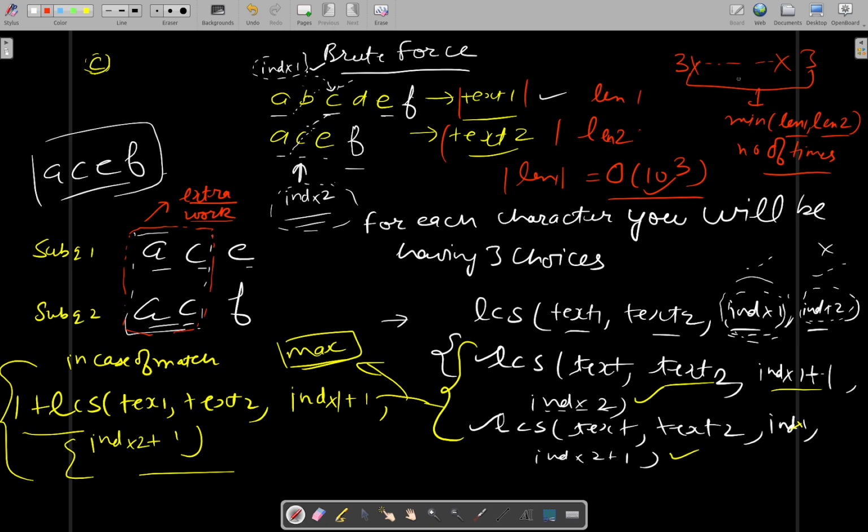Then how many number of times we should be running this particular recursive solution? It will be order of 3 raised to power of minimum of len1 and len2. Okay, number of times it will be 1000 in worst case, and 3 raised to power 1000,